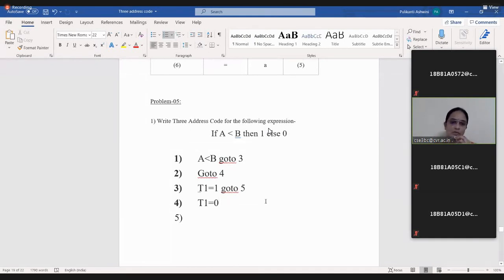For T1 is equal to 1, 1 is argument 1, there is no argument 2, equal to is an assignment operator that we have to represent in the operator part, and T1 is the result. Likewise, we have to represent in quadruple, triple and indirect triple representation.